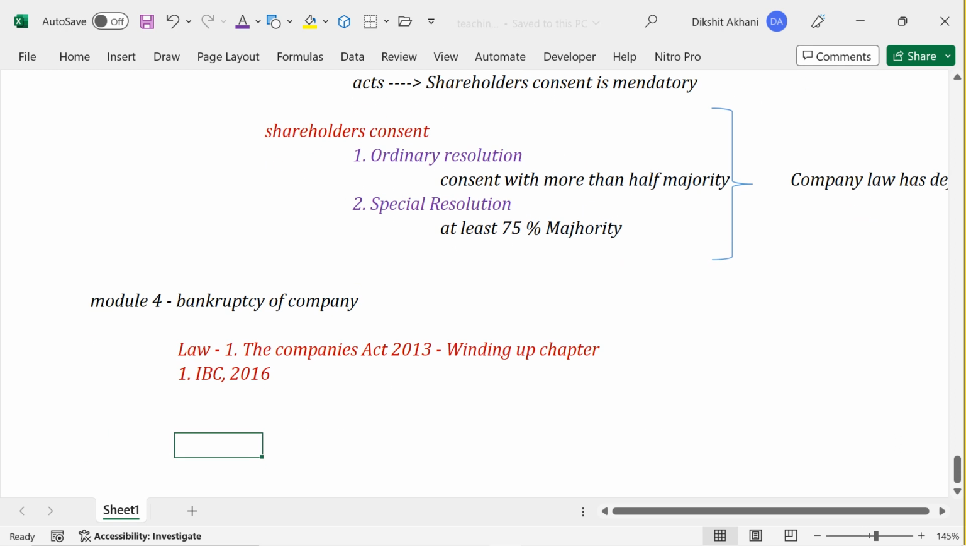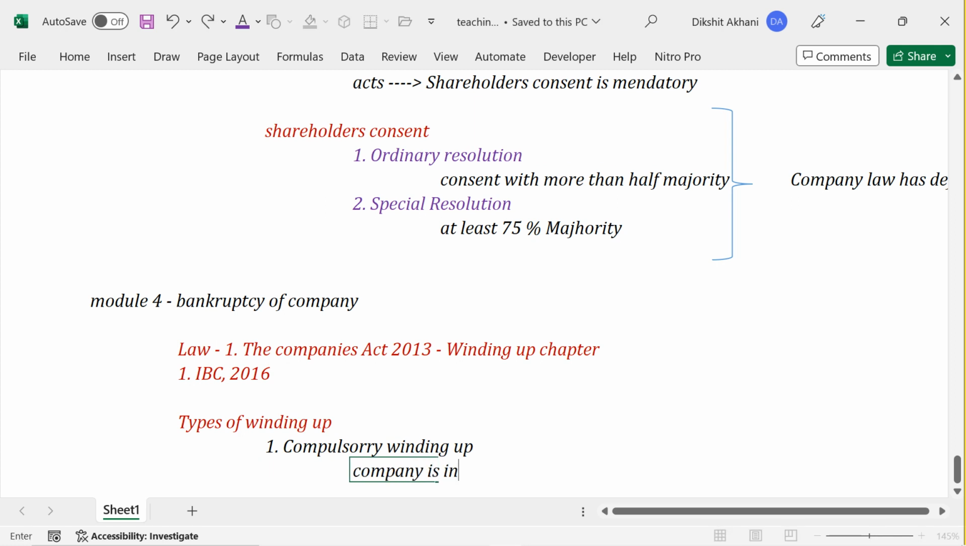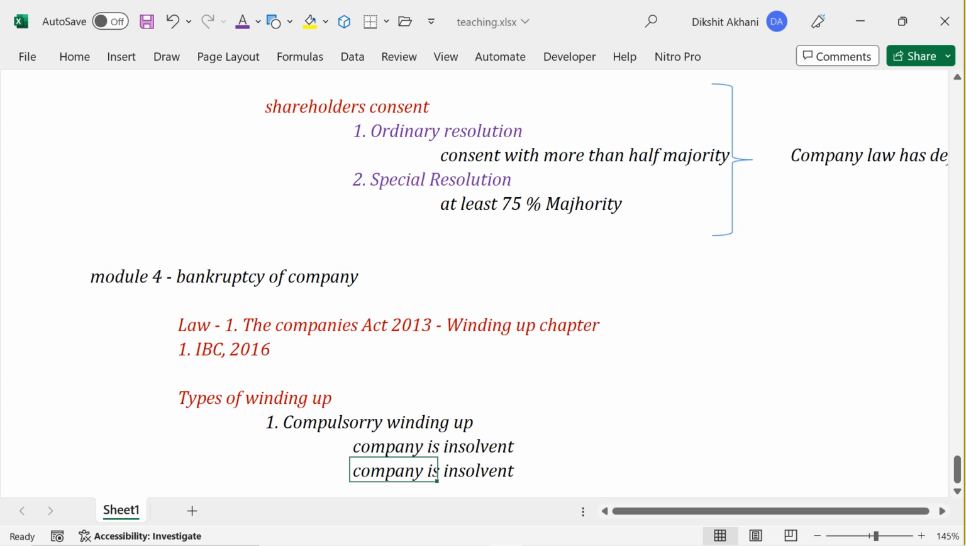तो आपको ये समझना है कि types of winding up. What you need to learn about? Types of winding up. So the first is known as the compulsory winding up. Now this is the winding up that happens when companies are insolvent. Companies what? Insolvent. Alright. And second जो आपको पढ़ना है, and that one is the